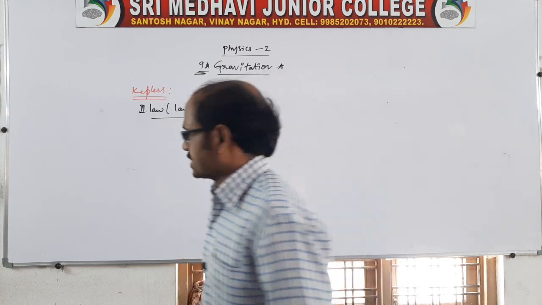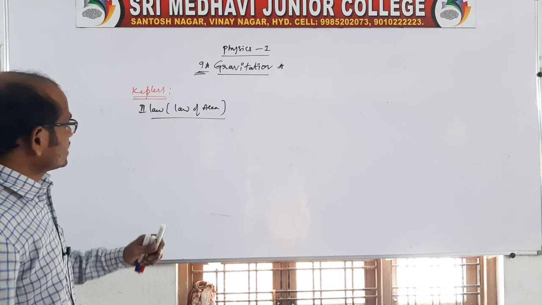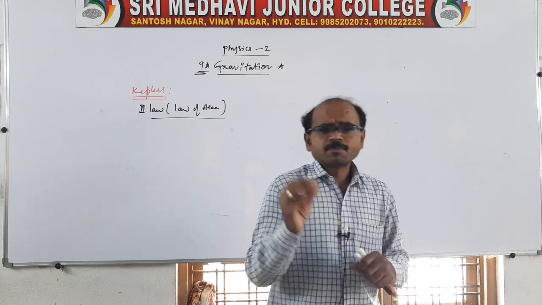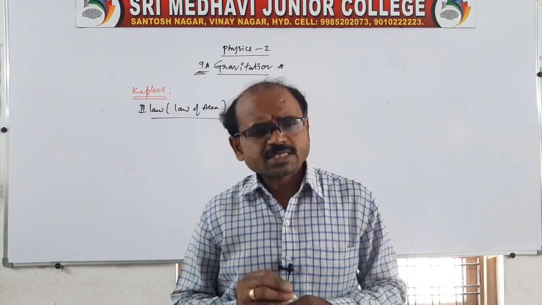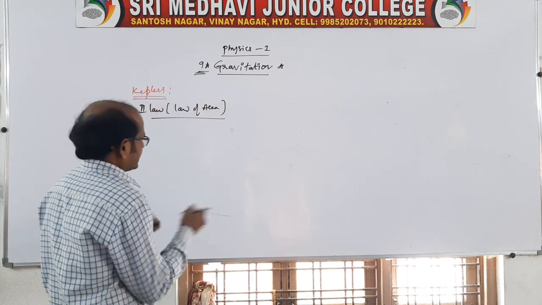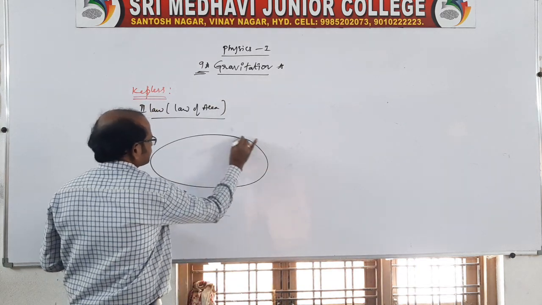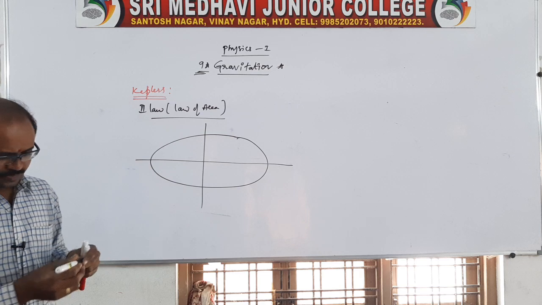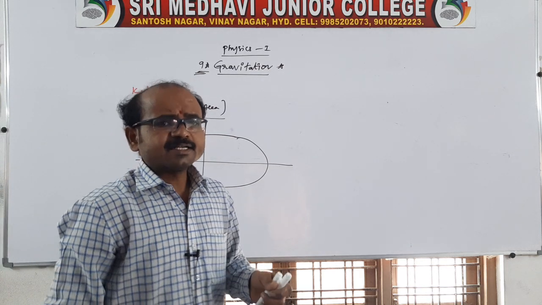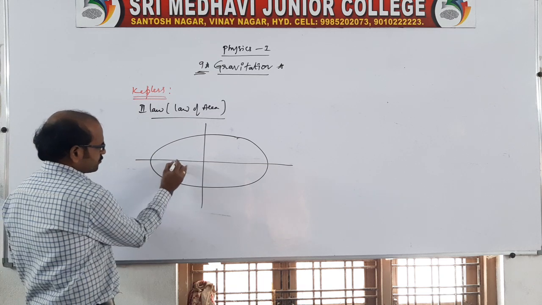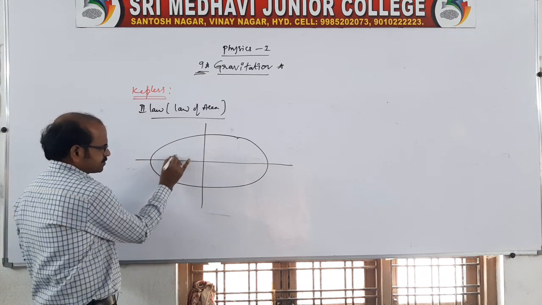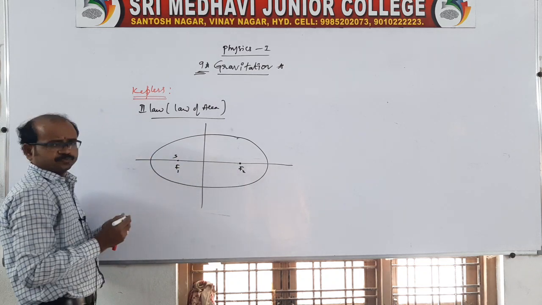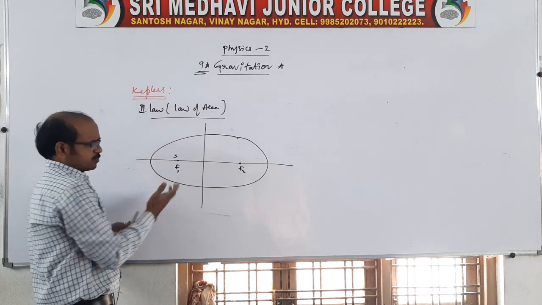Sir, what is meant by areas? In general, again, all planets revolving around the sun move in an elliptical path. Once again, draw that diagram in the oval shape like this. Take two axes, one major and one minor. The sun is at one focus point, take F as the sun's place. Here we can also take another point, but you take one point, either this point or this point. When the sun is at this point, the planets are revolving.